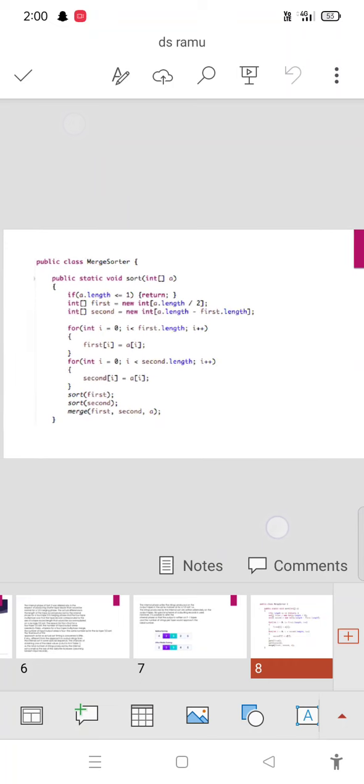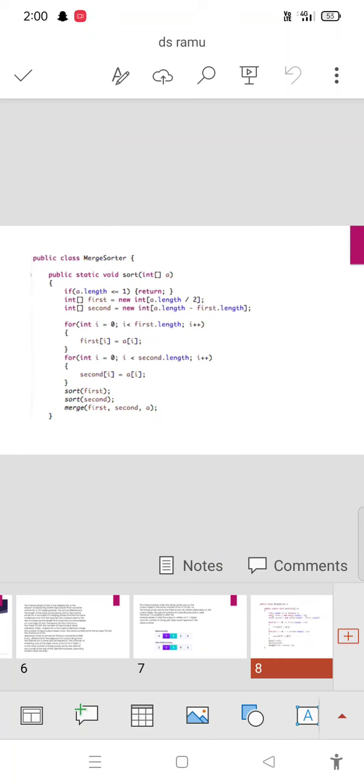Here is the program, the merge sorter program. The class is MergeSorter. The class is public. Sorter is MergeSorter. Public static void sort, parenthesis int square bracket a, giving input as a, using the data type int. If a.length is less than or equal to 1,